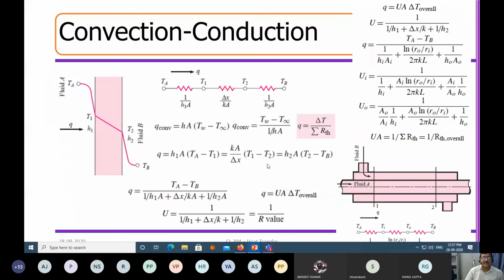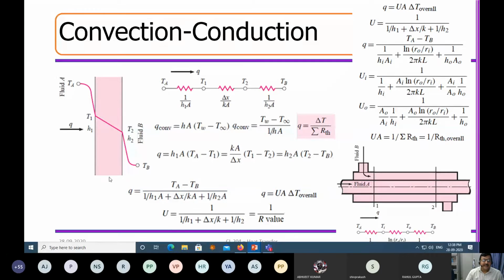Why did we want to study that? Because now we are translating our knowledge into a real engineering system for calculation. What is that real engineering system? Let's say I have a heat exchanger where in the inner pipe the fluid A is flowing, and in the outer pipe a fluid B is flowing. Suppose the fluid A in the inner pipe is the hot fluid, and the fluid B coming from the outer pipe is the cold fluid. I need to consider this particular geometry and apply the knowledge that I have learned up to this point. So how do I do that?